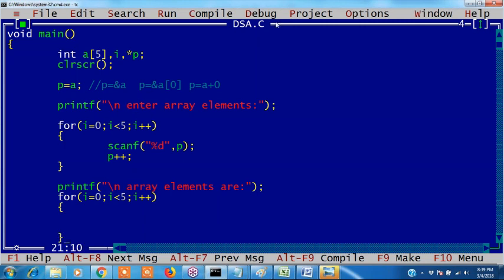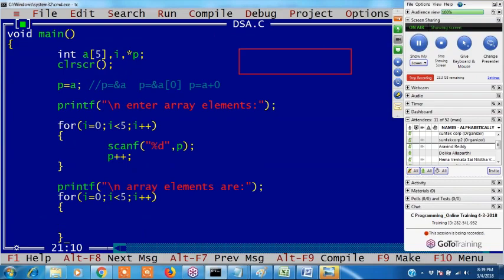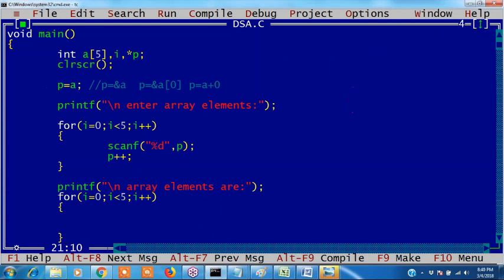Again, p should come to the first location. Are you following? Now p is here, p has exceeded that range. Now again p should come to this location. How to move p to that location? What do I have to write? p = a. If I write p = a, p will move to the same 0th location. Clear, guys? After this, we have to write p = a. That is, again p is pointing to the base location of the array.